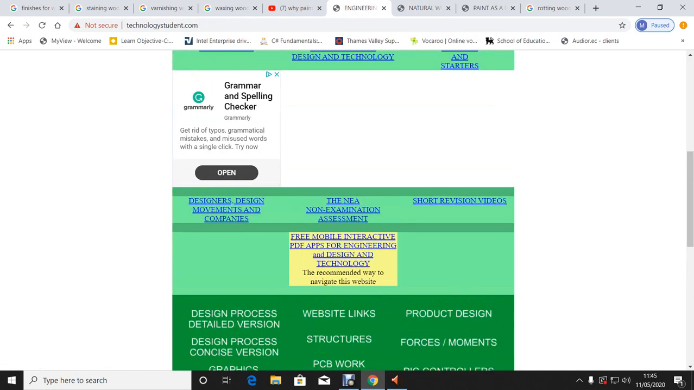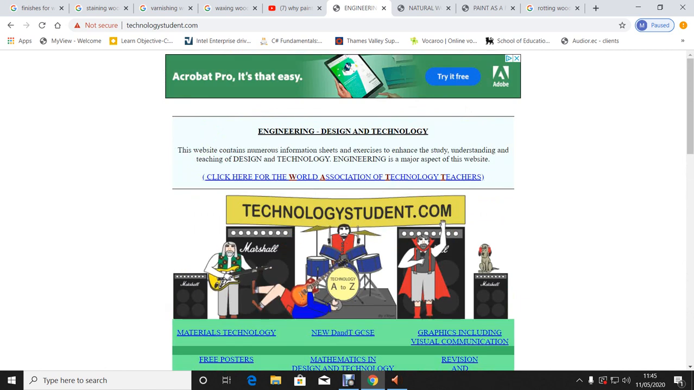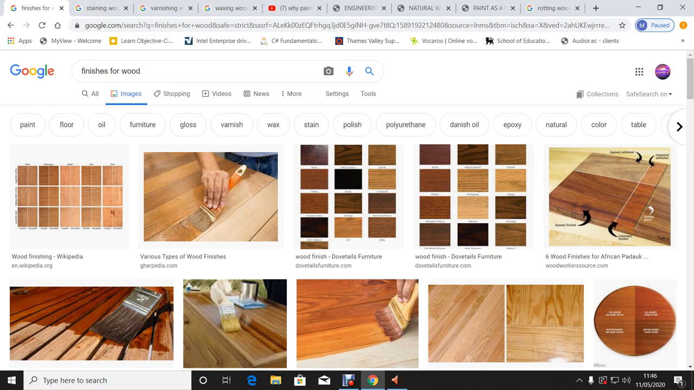I'm going to start out with technologystudent.com because, it being our theory lesson today, it's the usual types of bits and pieces where I am hoping that you're going to create a few paragraphs with images of a few different little bits regarding wood treatments. Now, finishes for wood. If I put finishes for wood in here, you can see the types of things that are going to pop up. You've got varnish, wax, staining it, polishing it, polyurethane, and all of those